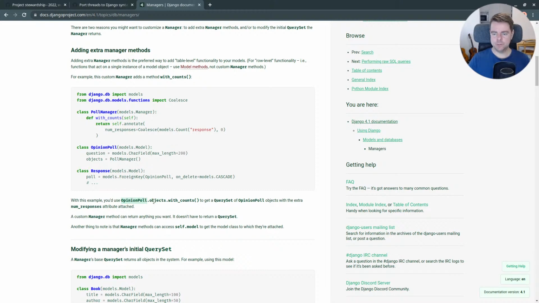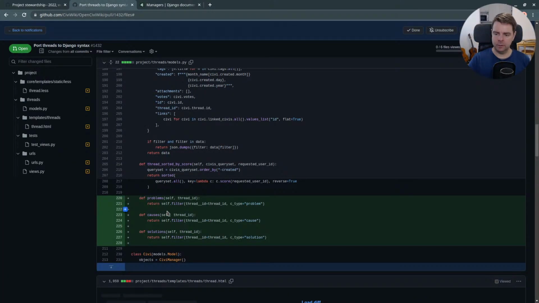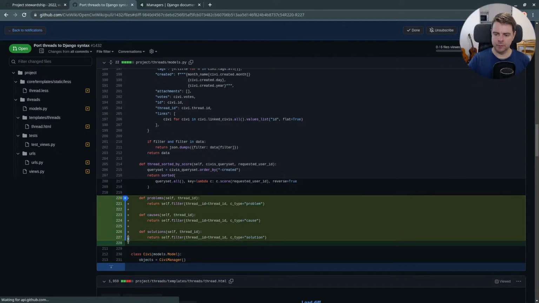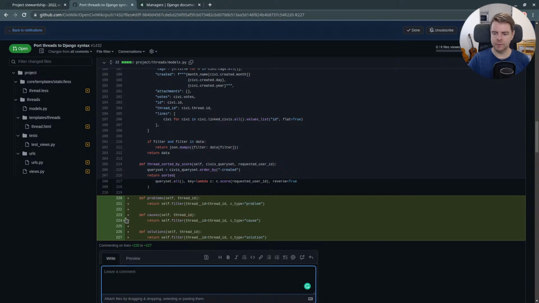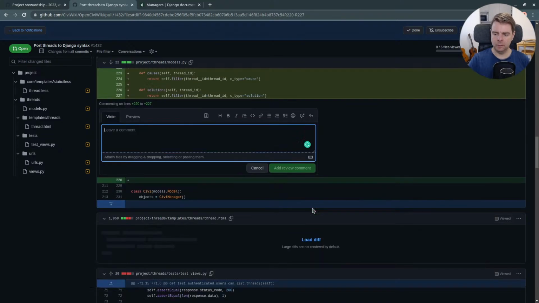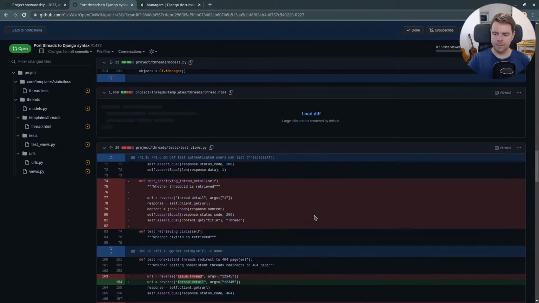Oh, that's where it differs. I believe these should be moved to the properties of the model itself.